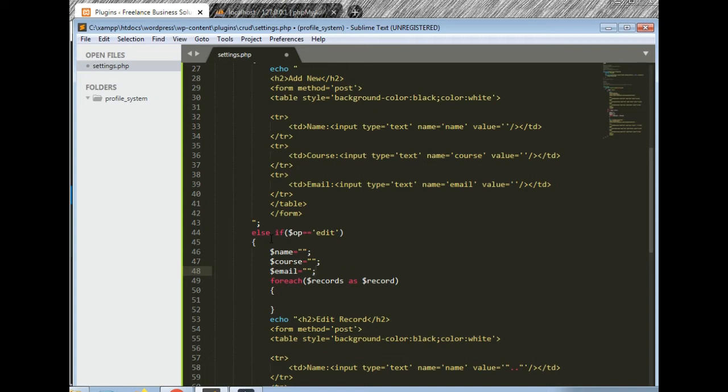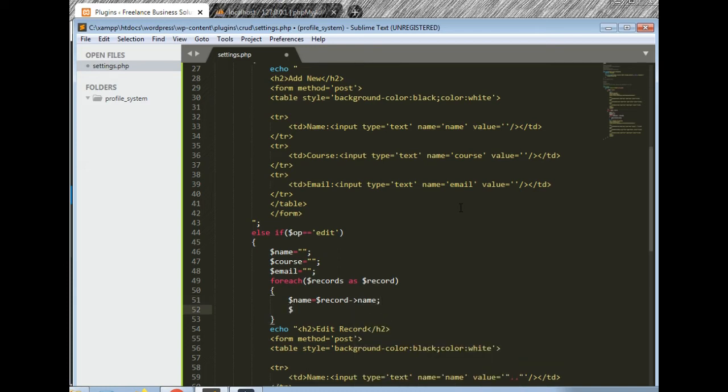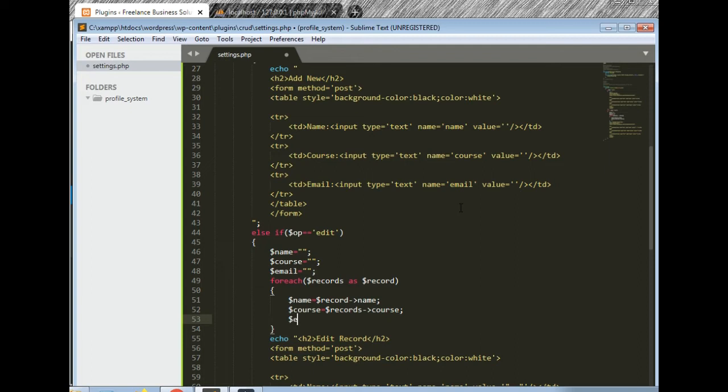Now $name is inside the loop, $name is equal to $record of name, which we will create in the table, okay, and course is equal to $records course, and we have $email is equal to $records email. Okay, and now